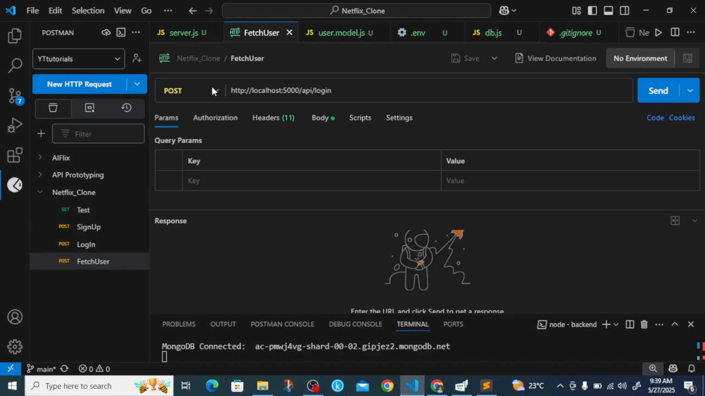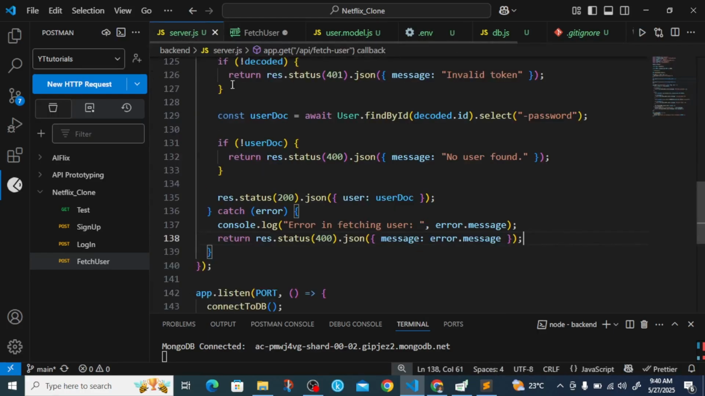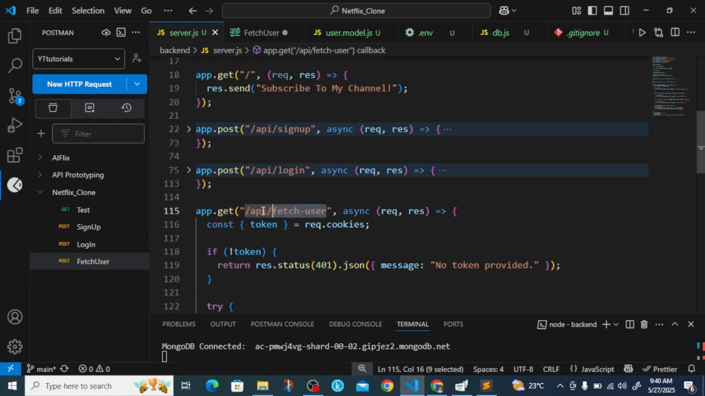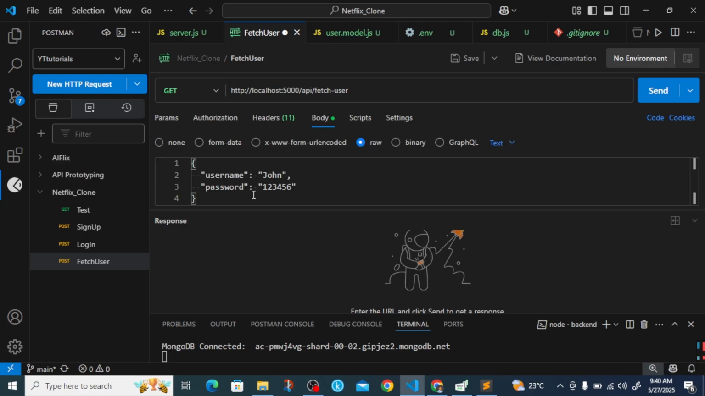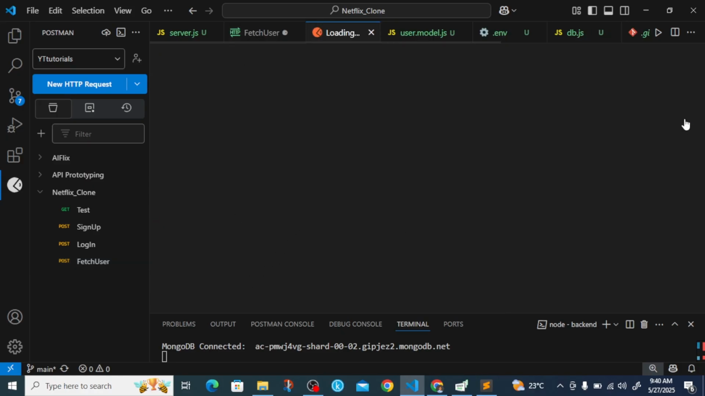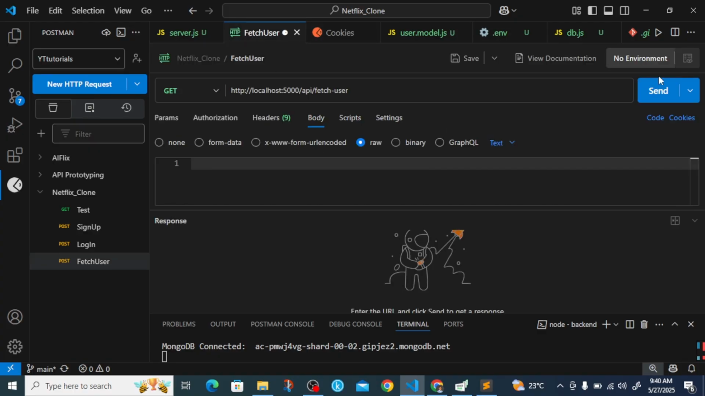And now this fetch user is not going to be a post request, so this is going to be a get request. And then what is the URL? /api/fetch-user. So we're going to come here and change that. And then we don't need anything from the body, so we can clear everything from the body. What we just need is the cookie. So let's check if we have any cookie inside. Let's check. So we have one cookie, which is that token. So let's fetch the user now based on that cookie. So let's send,